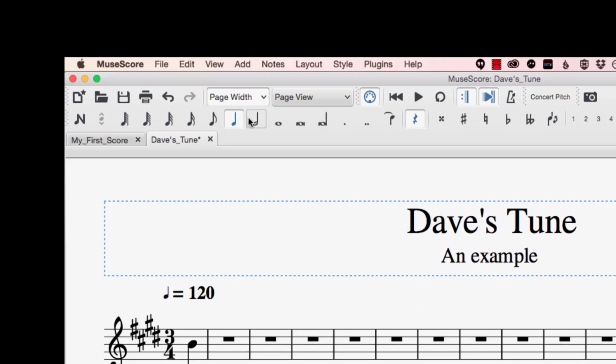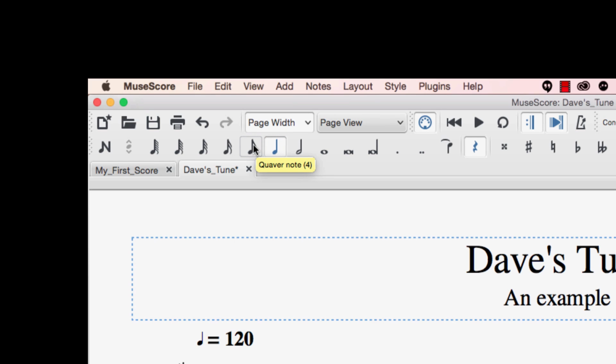You should recognize all of the usual notes that we find in music, everything from a hemidemisemiquaver, which hardly ever comes up, to things like quarter notes and eighth notes, quavers, crotchets, minims, semibreves, all of that kind of stuff. And by choosing these different buttons, we can tell MuseScore that we want that particular length in the